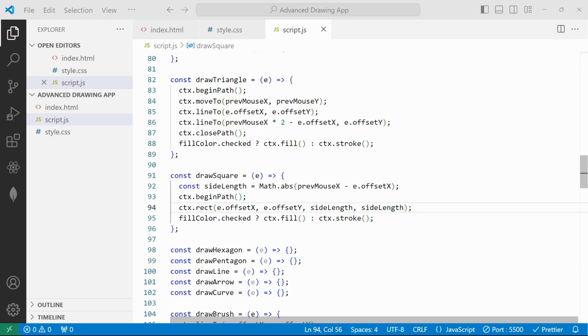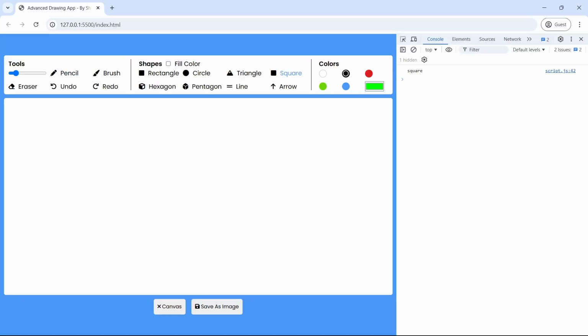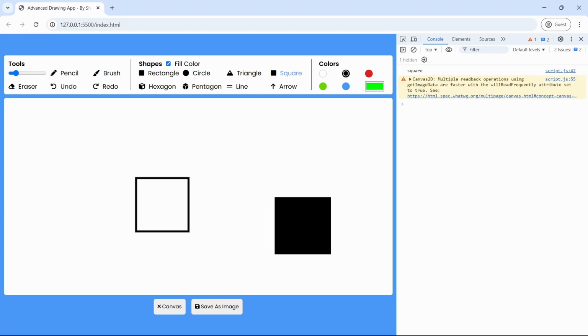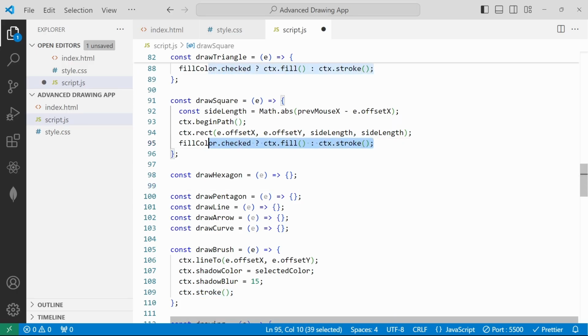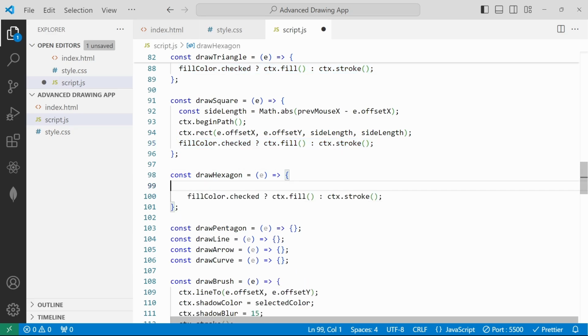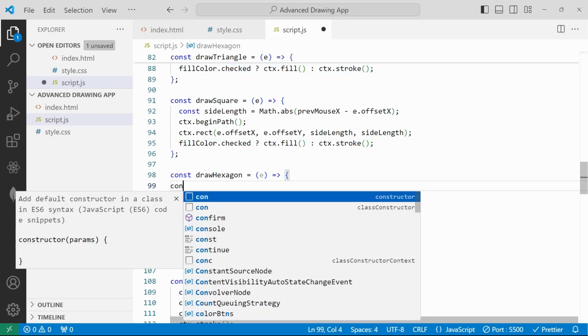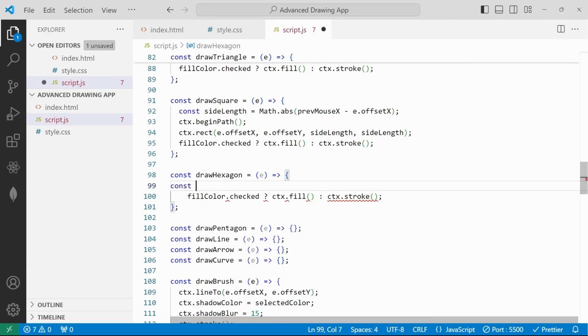If I go to the browser, I will click on square. I will draw this square. We can see the side length. I will click the fill here. If I draw this, we can get the square with width and height both of side length. Next thing we'll add for hexagon. For this hexagon also, this fill color is same. So I will copy and paste it in the bottom of this function,